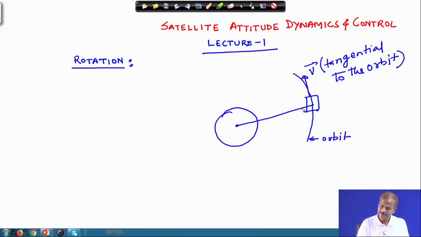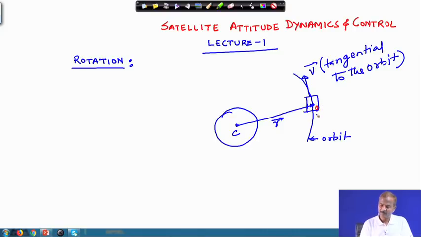Okay, and the radius vector of the satellite, which is from the center of the earth, let us say this point is O, this point is O here. Okay. So, the radius vector is up to this point, to the point O, from here to here, and this is the radius vector of the satellite from the center of the earth to the point O, which we can say is the center of mass of the satellite.